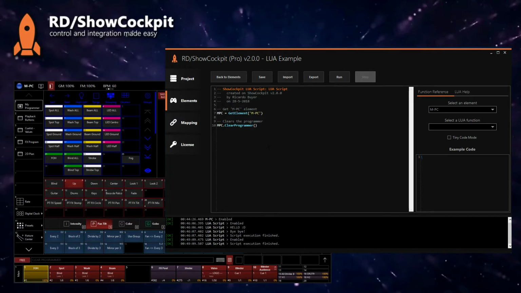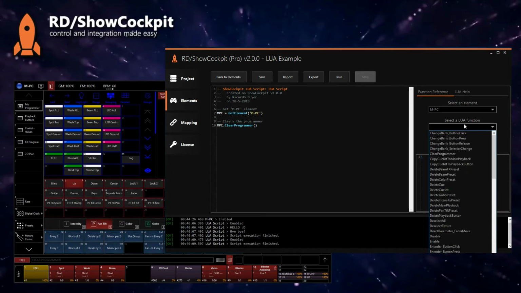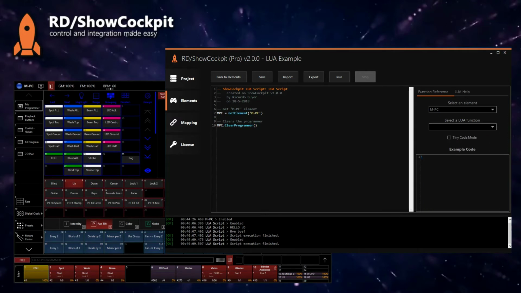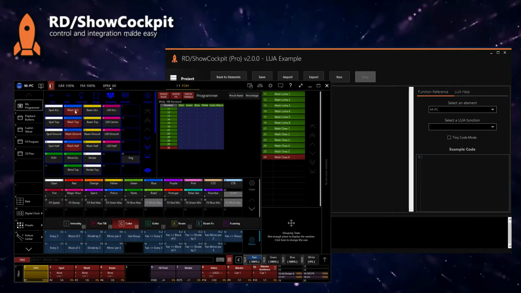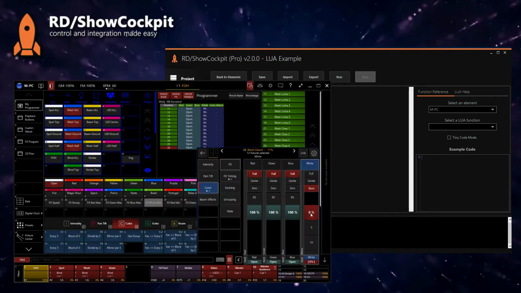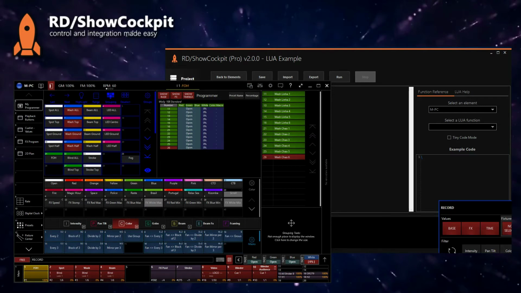Let's do something interesting now, which is mimicking the things that we need to do. So the things that we need to do to update all these colors in the washes is select the group first, then we select the preset, then we set the value of the white attribute, for example 0. Now it's red, it's loaded into the programmer, and then we want to record and merge